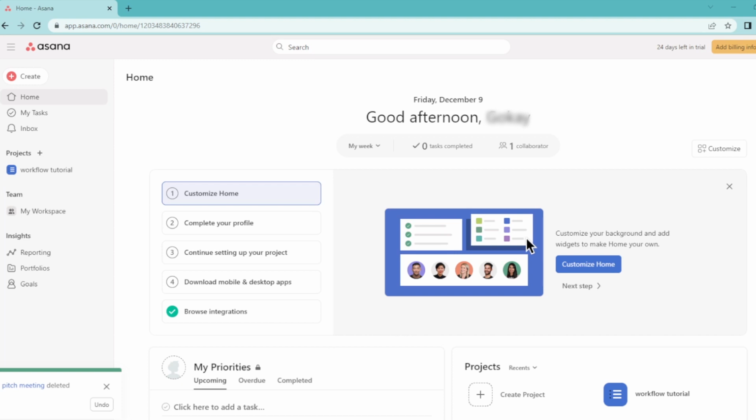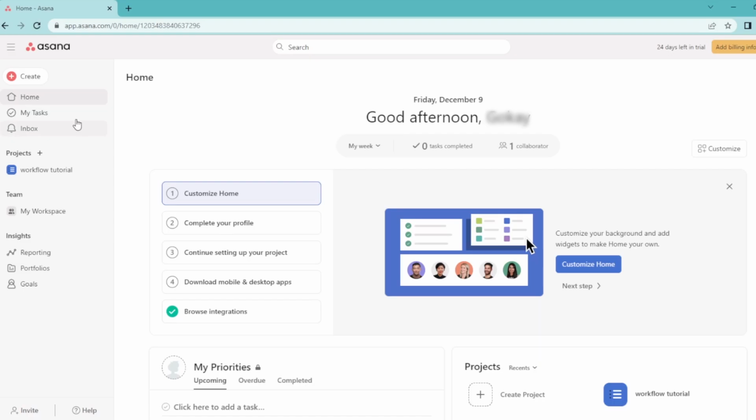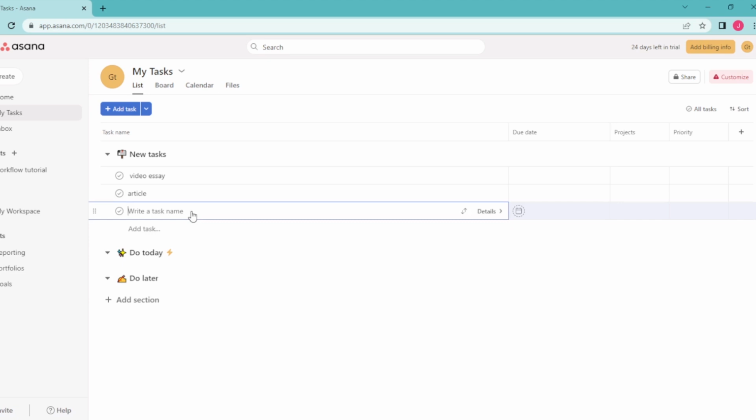On your Asana homepage, go to the left side menu and click on My Tasks. Here you can see your tasks and I already show you how to add one. So I'm going to add one more. Let's say pitch meeting. And in order to set a priority, you need to find the priority column and then